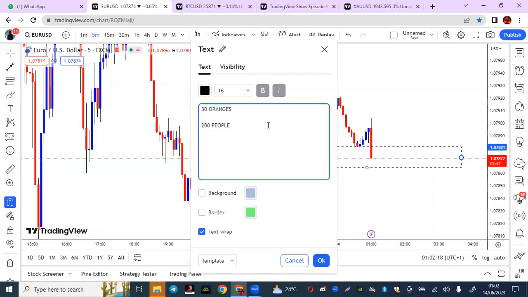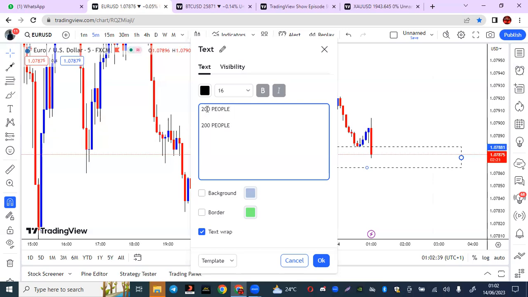So now I'm selling at a high price because a lot of people want it. You understand? A lot of people want it. So that's it. So now, if the reverse is the case, I have 200 people,